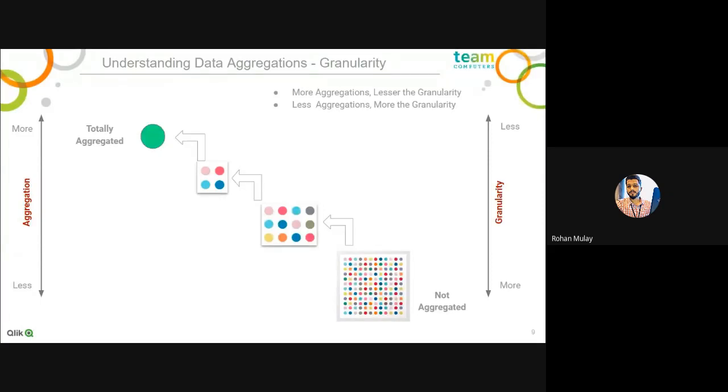What majorly the users are expecting is a summary of information. So it is obvious that we have to apply this group by clause at various places in our application. Simply put, the more the aggregations, the lesser the granularity, and the lesser the aggregations, the more the granularity. The diagram explains this concept very well.